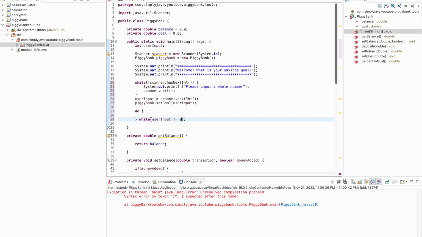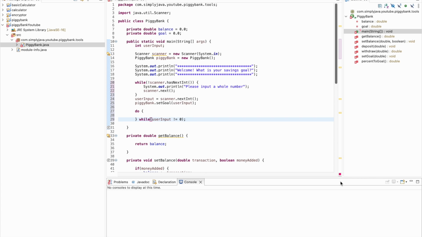All right. So essentially what we're going to do here is we're going to run the interface for the banking application. We're going to keep running the interface for the banking application as long as the user has not quit the interface or quit the application. Right. So the way they quit the application is by pushing the number 0. All right. If they haven't pushed 0, we keep running the application and we just loop it over and over and over again until they do push 0. All right, so